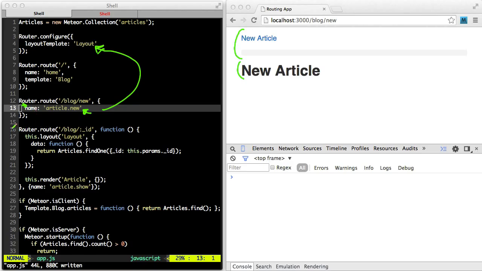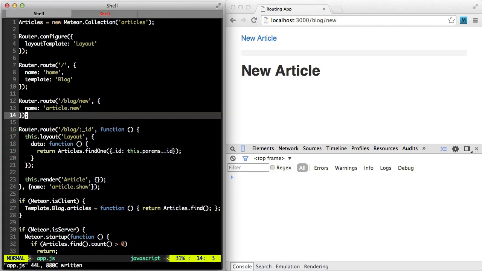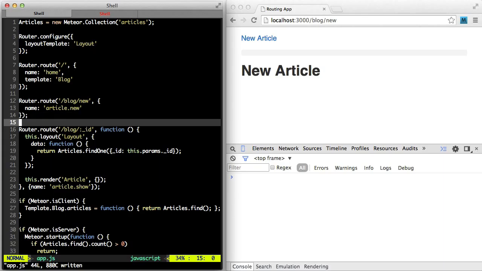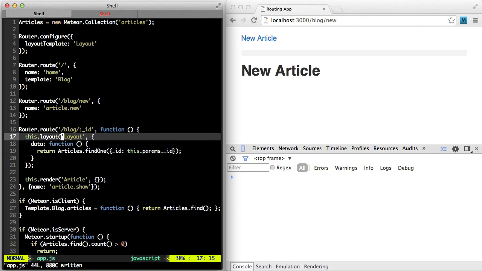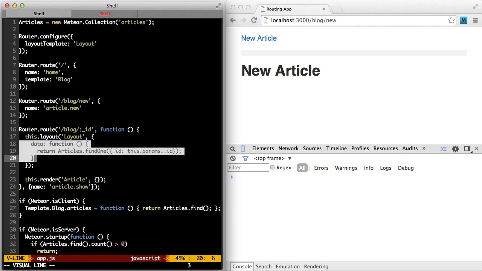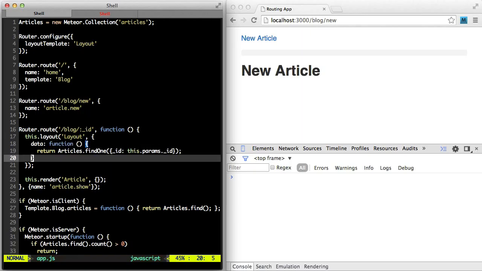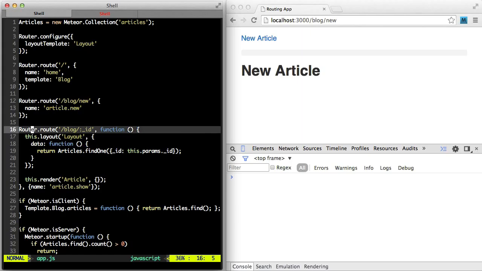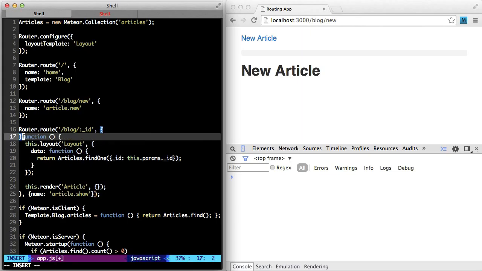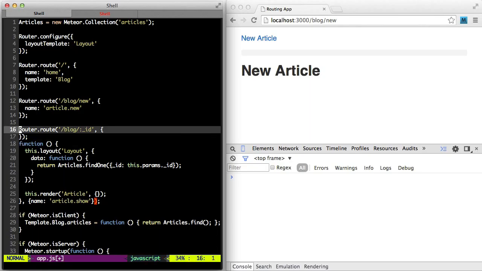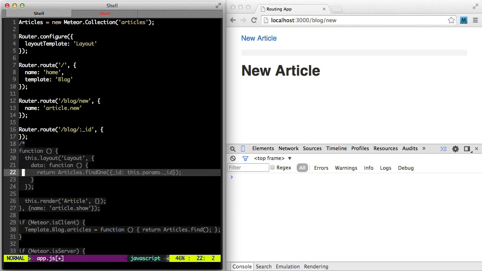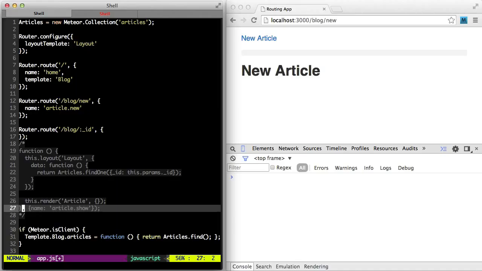Next up, let's change this next route. Now once again, in this case, we're not doing anything special except for setting a data context for the layout. But it turns out we can provide that as an option as well. So instead of providing a route function here, since we're not doing any custom logic, what I will do is provide some options